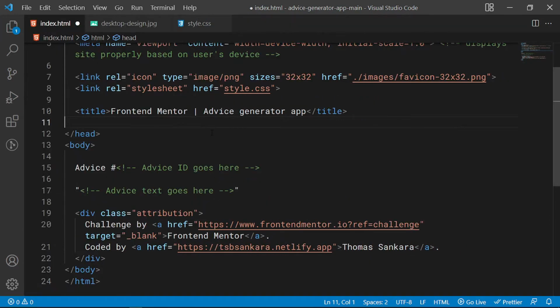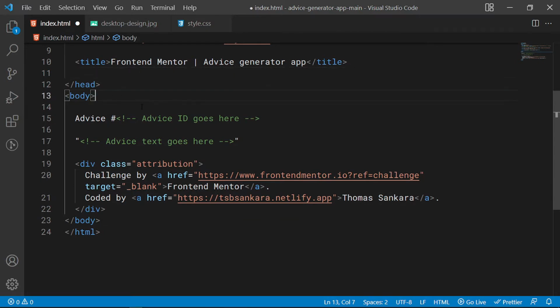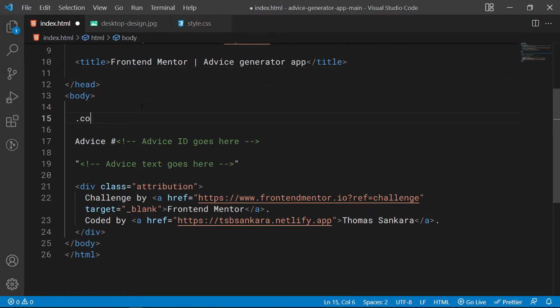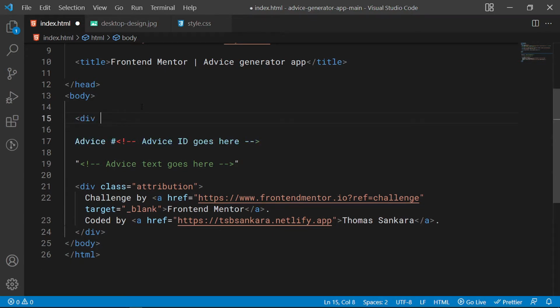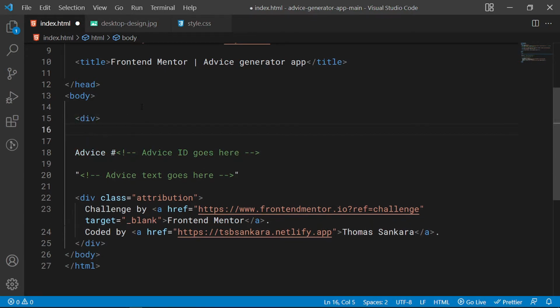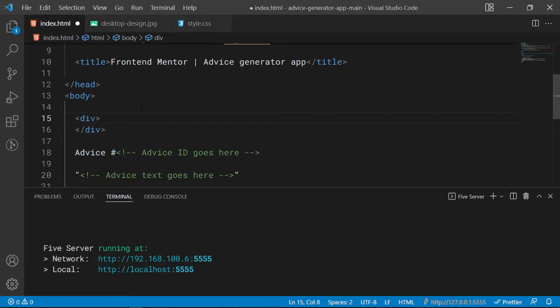Okay, as that opens up, what I want to do is I want to create a div here with a class of container, and of course it doesn't work when I'm recording. What's happening? Div. Okay, so like I said, it opens up on localhost 5555. So let's just give this a class of